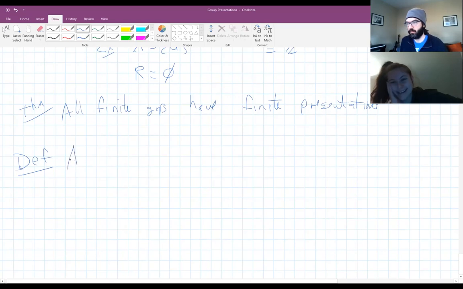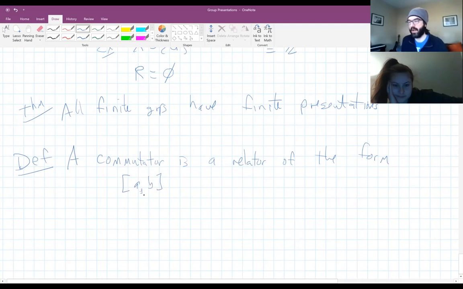Okay. So, one more bit of terminology. A commutator is a relator of the form [A, B]. So we put it in brackets, because it's something special. But all it is is A, B, A inverse, B inverse. Now note